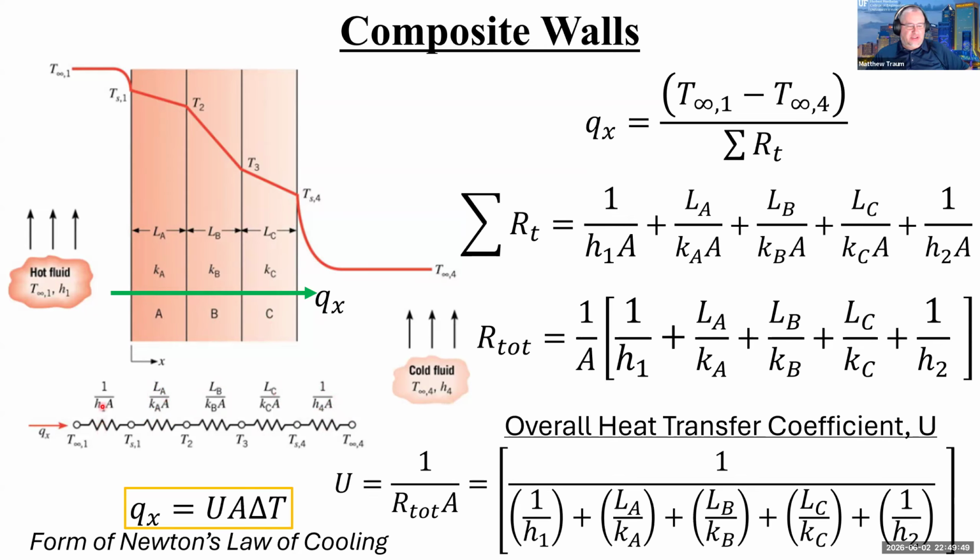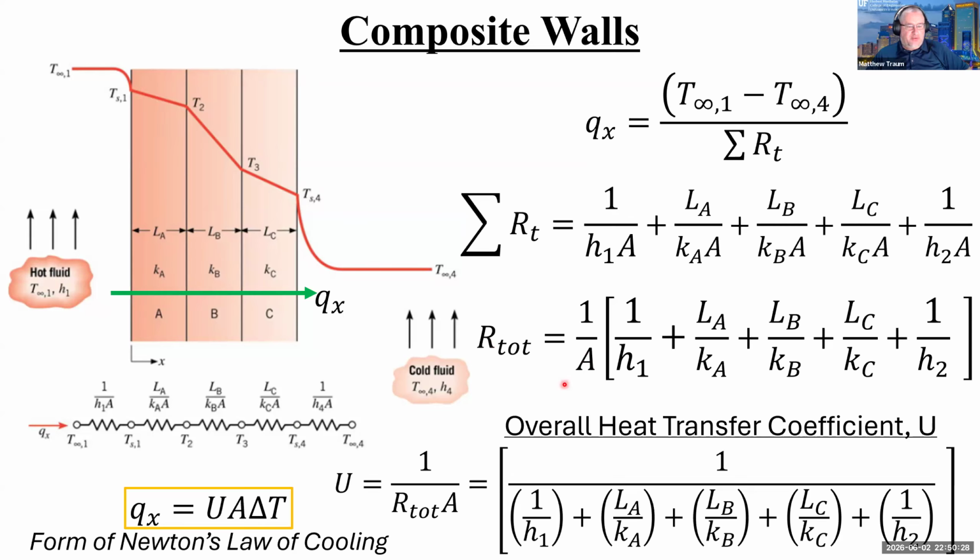So each one of those is its own separate resistance. I just sum them up, and that gives me the total resistance that I can plug into this equation, right? So here I am just showing each of these individual resistances and that you sum them up to put them in the denominator here. And then there's this area in all of these terms. And so when I put them in this form, this is just the distributive law of multiplication. I'm pulling out that area. And that gives me